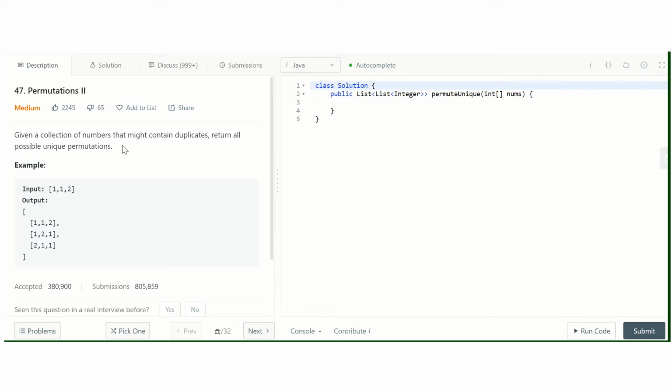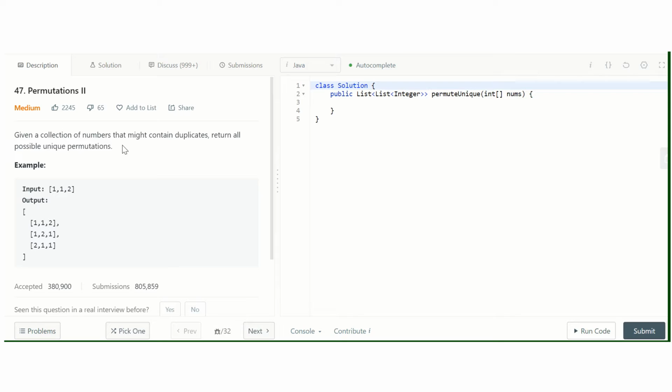But here there are duplicates as well. So to get unique permutations, we should make sure that we are not going to swap the same element with its other occurrence. If we can avoid that, then we get the unique permutations.